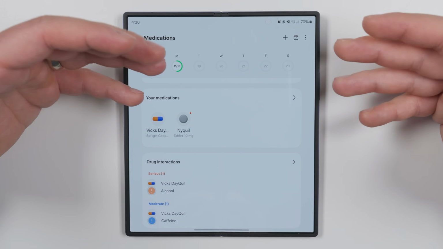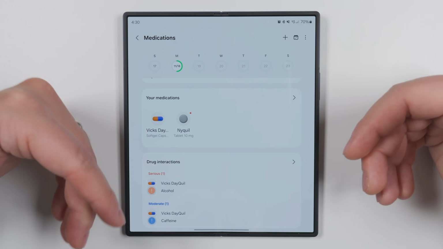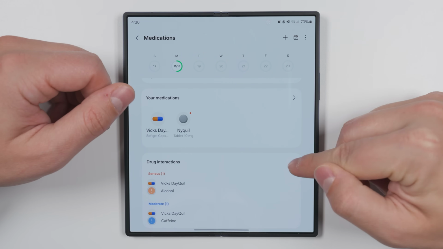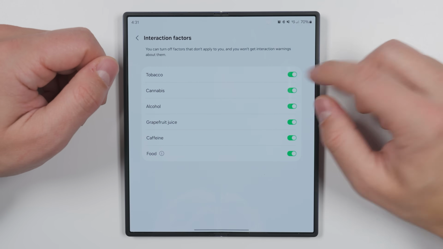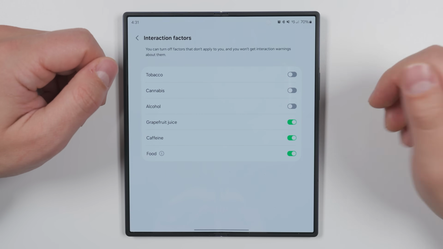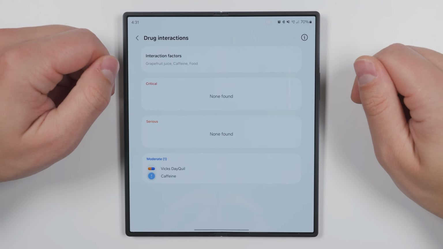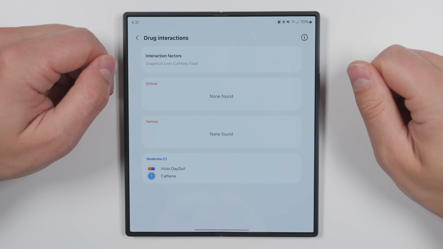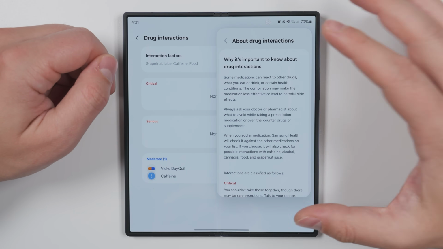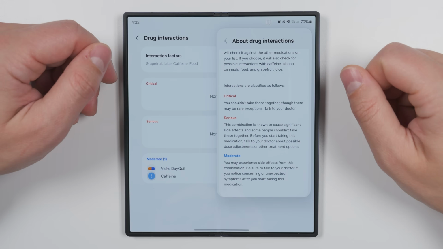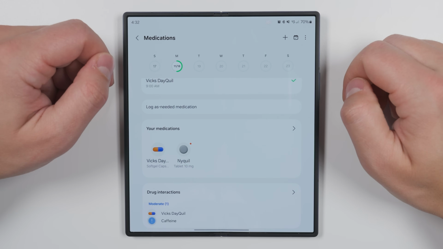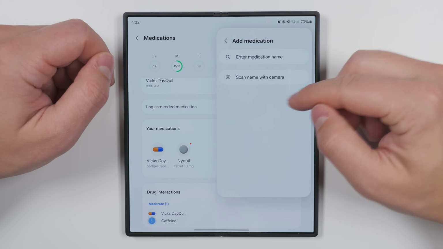interact with each other or if specific types of substances are going to interact with your medication. If you tap this arrow, it'll show you the different interaction factors, and if you tap that, you can deselect any factors that don't apply to you. And if I tap back, you'll see that some interactions were removed. If you tap the information icon, you get an explanation of how the drug interaction warnings work and what each one means. If I back out to the main page and tap this plus icon, that's another way to add